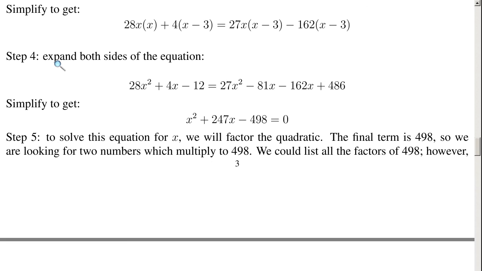Step 4, expand both sides of the equation. Okay, so we need to expand it so that we can obtain all of the x squareds, the x's, and the regular numbers. So we have 28x times x equals 28x squared. 4 times x gives you 4x. 4 times negative 3 gives you negative 12. 27x times x gives you 27x squared. 27x times negative 3 gives you negative 81x. Negative 162 times x gives you negative 162x. Negative 162 times negative 3 gives you positive